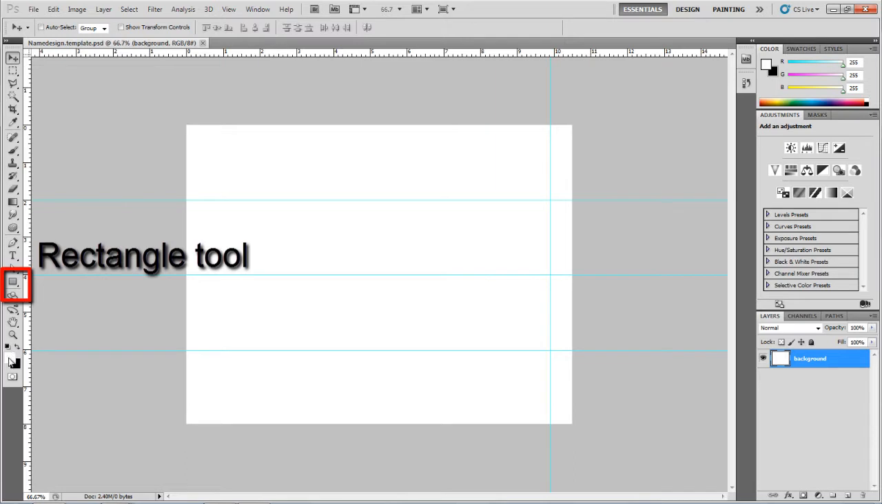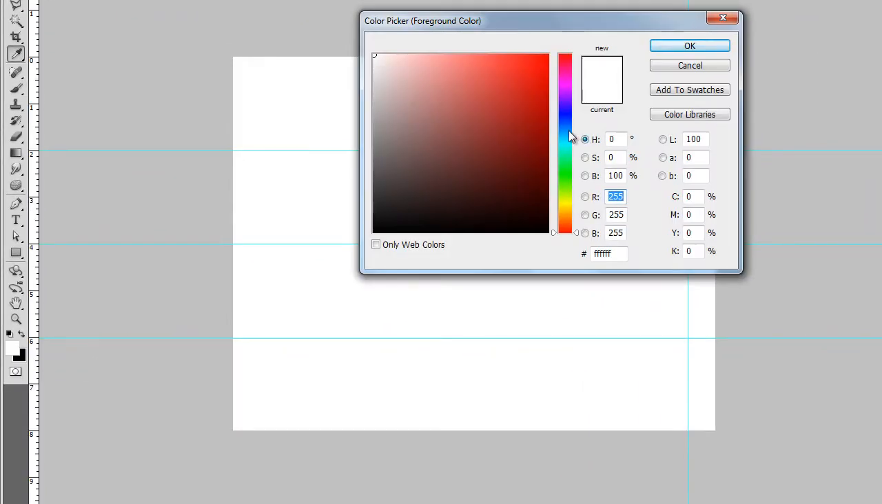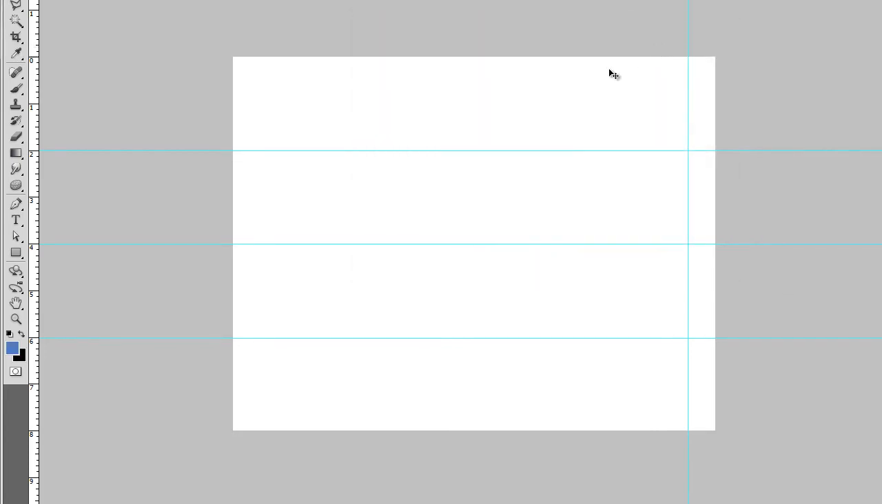And I need to grab a color. So these two swatches here, the white and the black, are the foreground and the background color. I'm going to set my foreground color, and I'll just pick a color. I gotta make sure I click in this area though. That's the previous color, that's the color I'm going for. I'll click OK,